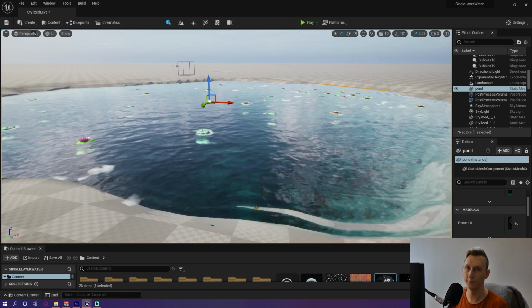So this video is getting too long and the algorithm doesn't really like that, so let's just end this part 1 here and you can check out part 2. So in this video we covered the basics of the single layer water material, which included the foam, the refraction, the normal maps. I think that's it. Oh, and the ripples. So in the next one, in part 2, you're going to learn how to create those little dots on the surface, and also the particle system for the bubbles, the post-processing volume underneath the water, and